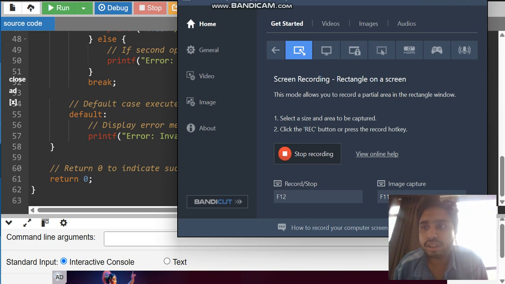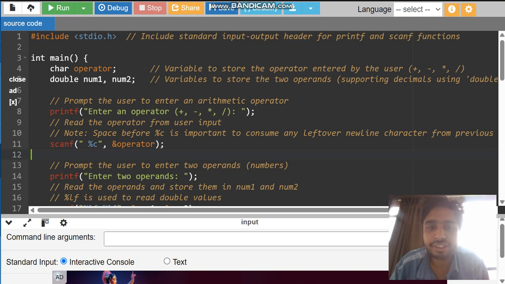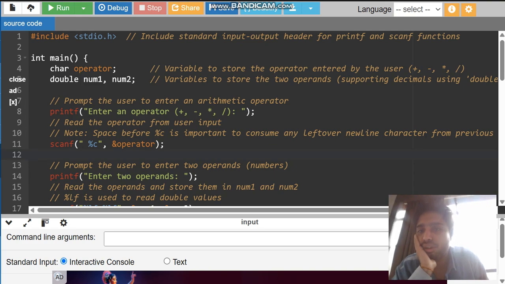Hello everyone. In this video, we will be solving a simple calculator using C programming. Here, we will be understanding the in-depth basics of C programming as well as the implementation of a calculator. I've already implemented it. I will be walking through the piece of code and giving you an idea what all